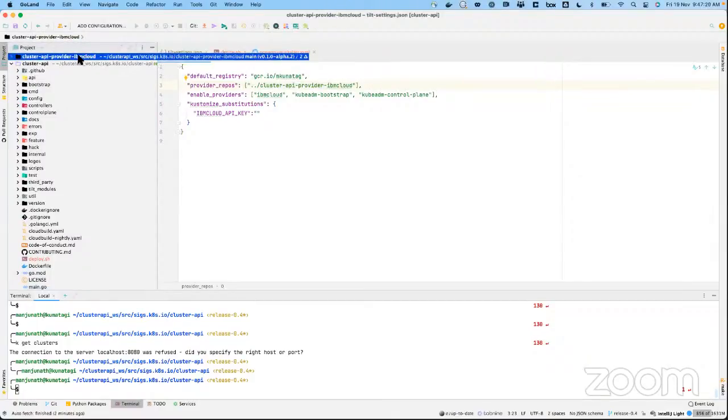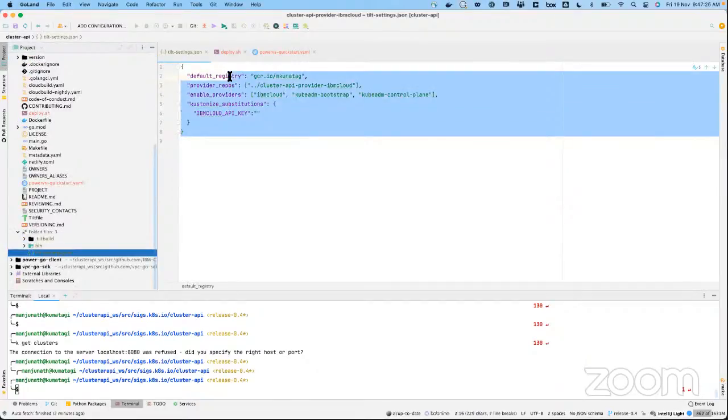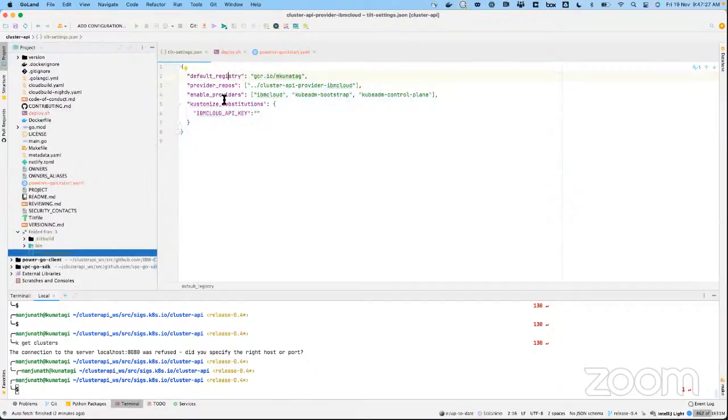You just need to create this file with the providers we are planning to use. The IBM Cloud provider is mainly for the infrastructure, and the other two are the Bootstrap provider and the control plane provider, and so on.